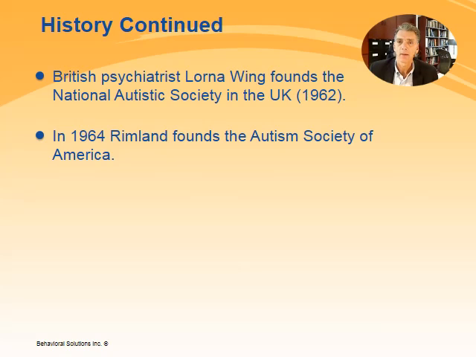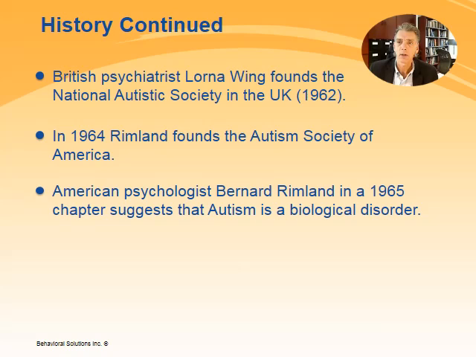Rimland's work led him to suggest that autism was more likely a biological rather than a socially emotionally caused disorder. This proved to be a major turning point in the view of autism. It would, however, take years more before the refrigerator mother viewpoint of the cause of autism was virtually completely abandoned. Kanner, in one of his later papers, identified that the issue may be that the mother's behavior and mental health at the time the children were being brought in for diagnosis may be the result of trying to parent the child rather than the cause of the child's behavior.